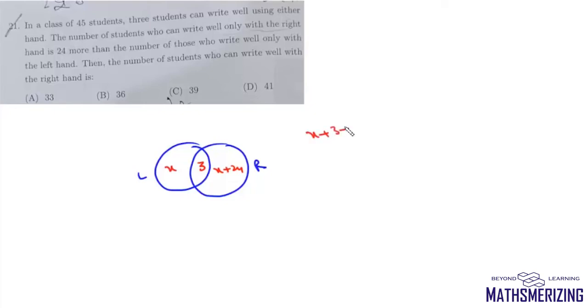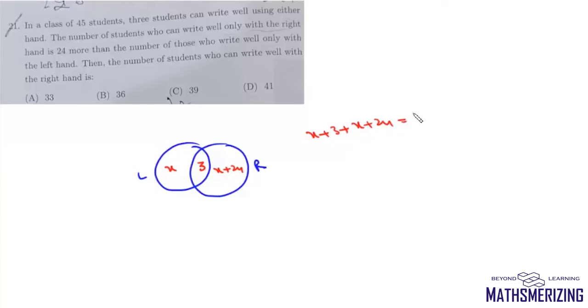Now the question is, in a class of 45 students, 3 students can write well using either hand. So we have this Venn diagram where we have left, right, and then there are 3 of them which are deft in both the hands. The number of students who can write well only with right hand is 24, more than number of those who can write well with left hand. Now suppose only with left is x, then this is x plus 24. Now total number of students is 45, and these 45 students, they can either write from left or right or both. So that means this x plus 3 plus